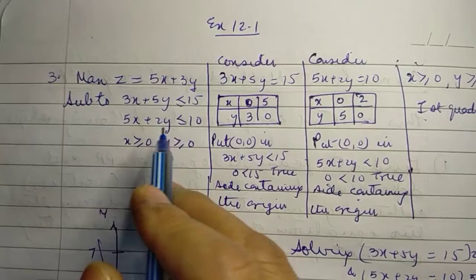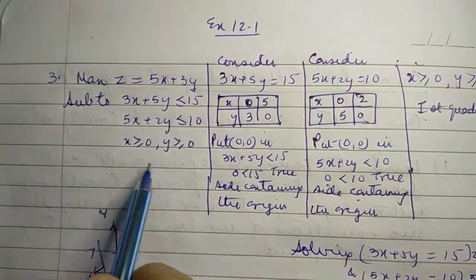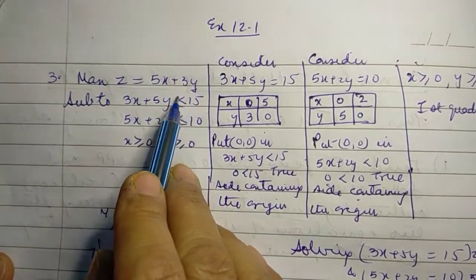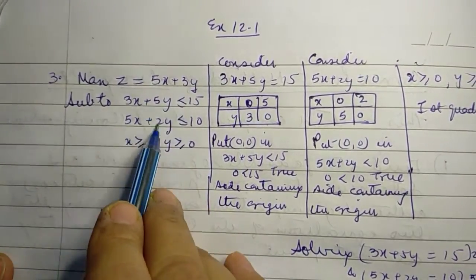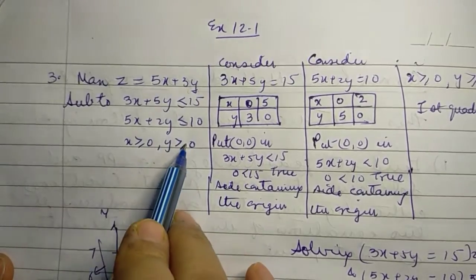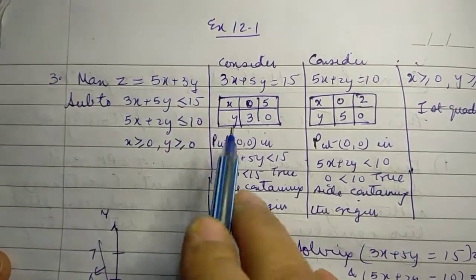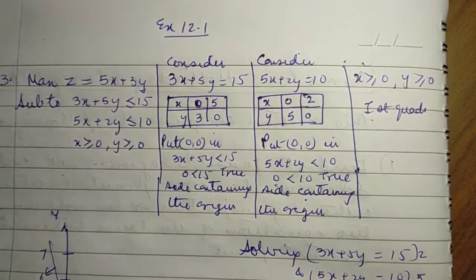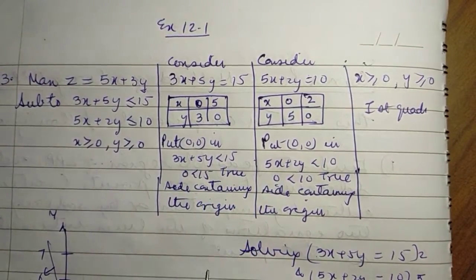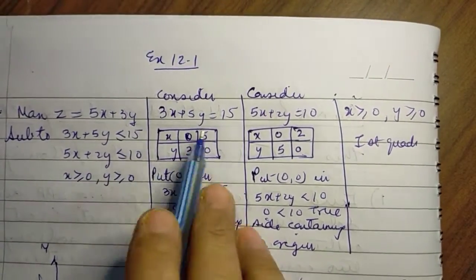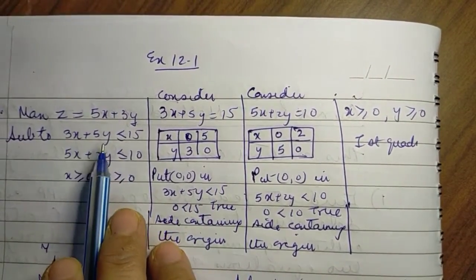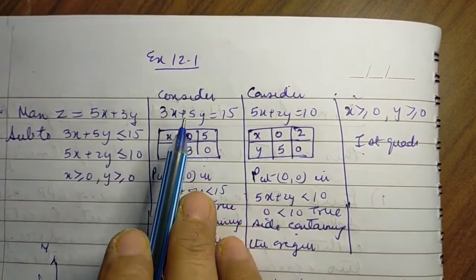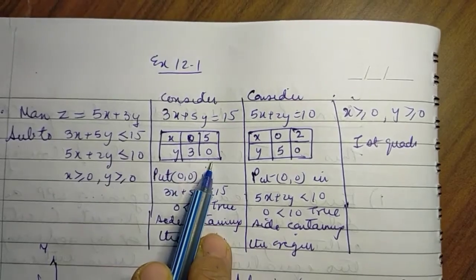Now, as we have already discussed, first we will be finding the feasible region, and for that we will be graphing or plotting these inequalities, that is the constraints, on the same graph paper, and we proceed as we did in class 11 while solving the linear inequalities. So let's consider the linear inequality 3x plus 5y is less than or equal to 15. First of all, we will consider the corresponding equation. We find 2 points on it.